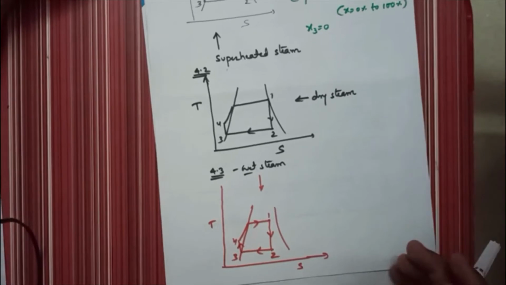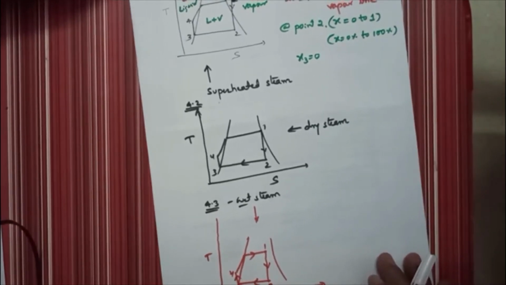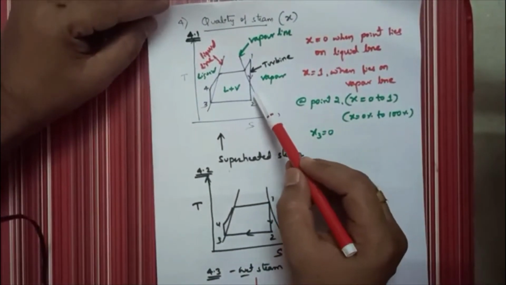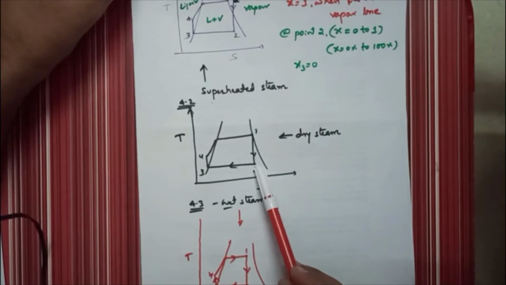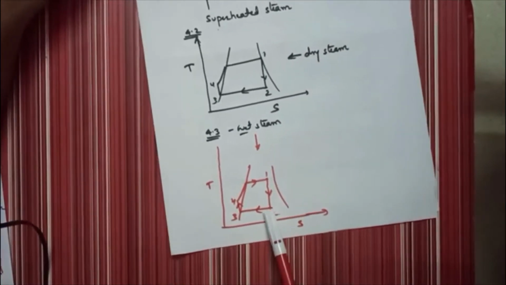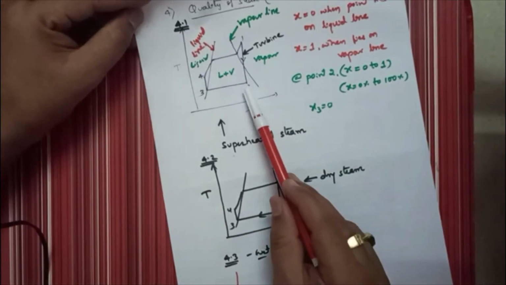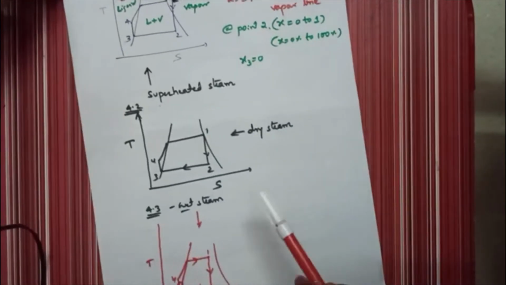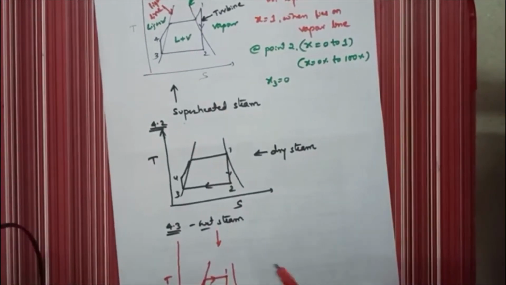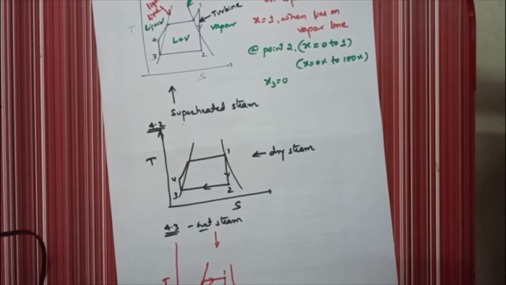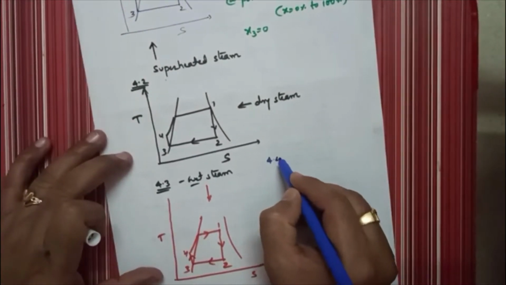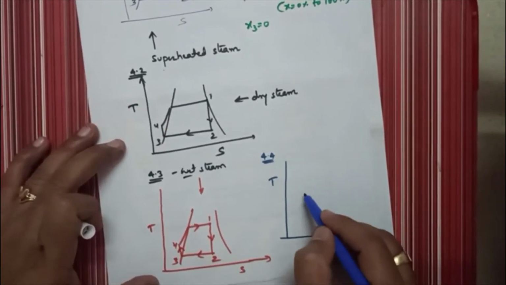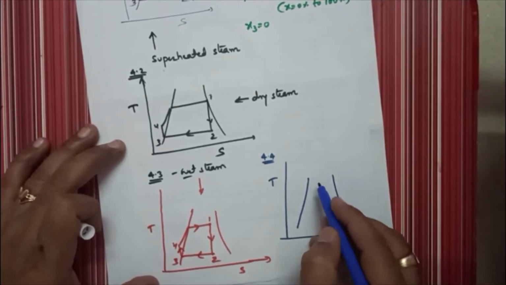But just observe here at the outlet of the turbine, that is point number 2. In all 3 cases, here is point number 2, and here point number 2, and here is also point number 2, it is wet condition. At point number 2, the steam coming out of the turbine is the same in all 3 cases. Now I will draw one more TS diagram. You guess which TS diagram it is. 4.4 I will draw. I will draw the TS diagram. You tell me which condition it is.